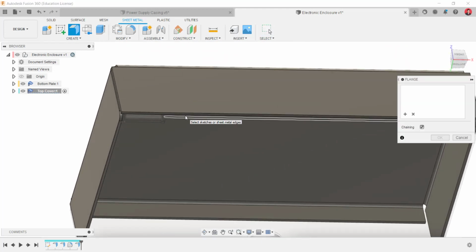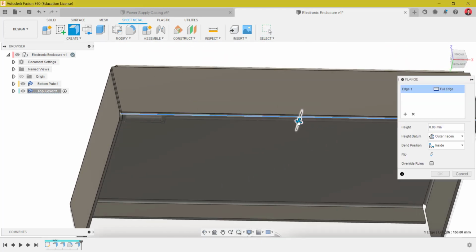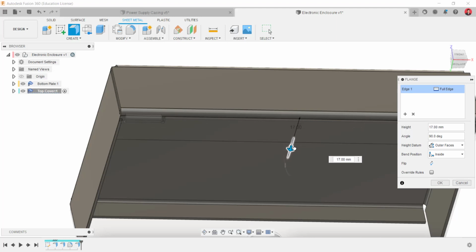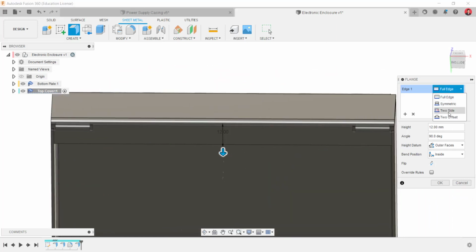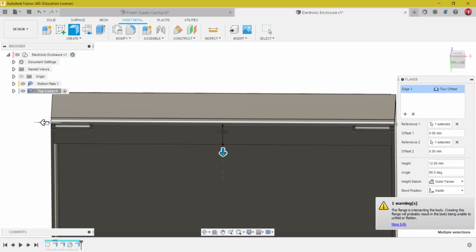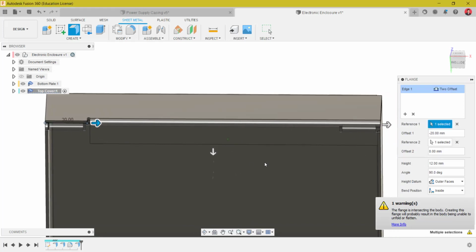Okay, add flanges as well at the bottom part of the top cover, but I don't want to use the full length of these flanges. So I will use the two offset as my offset option,